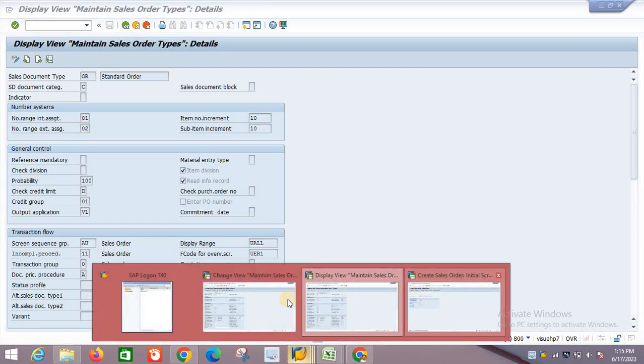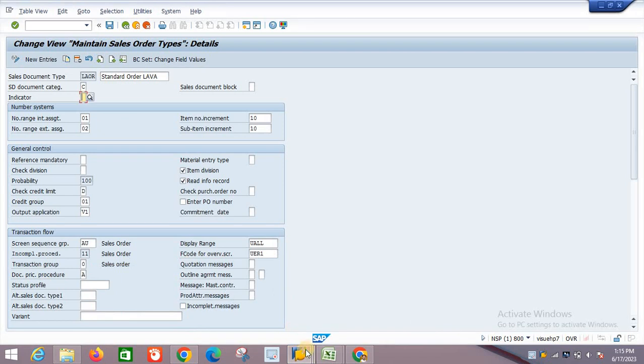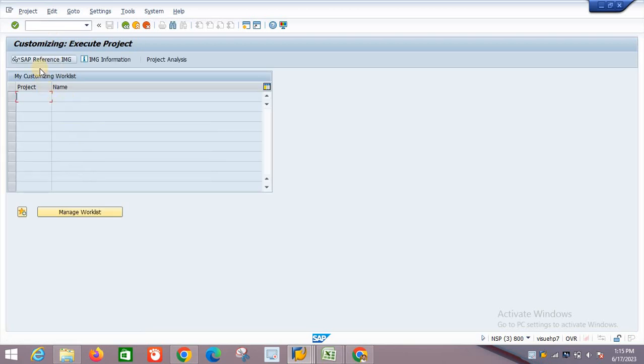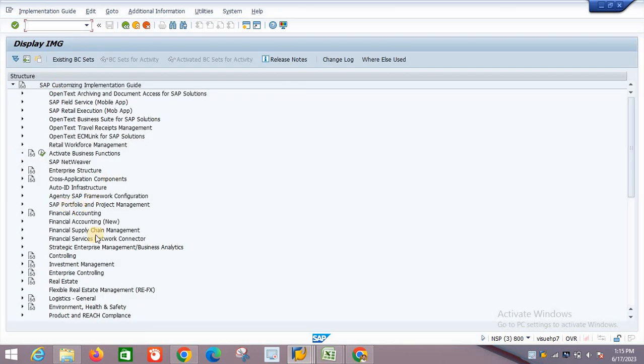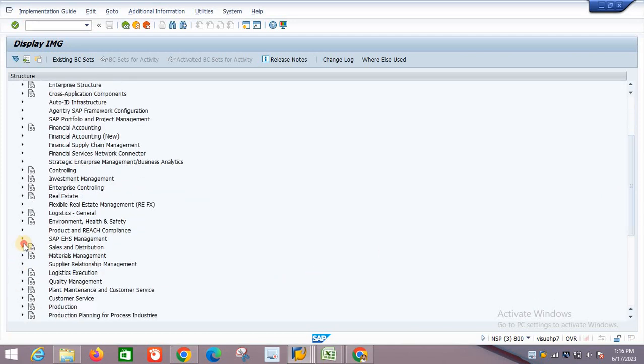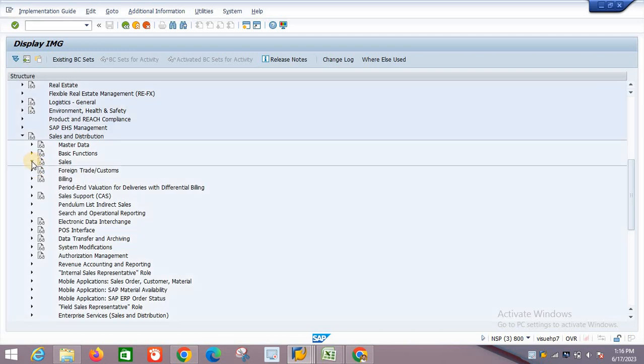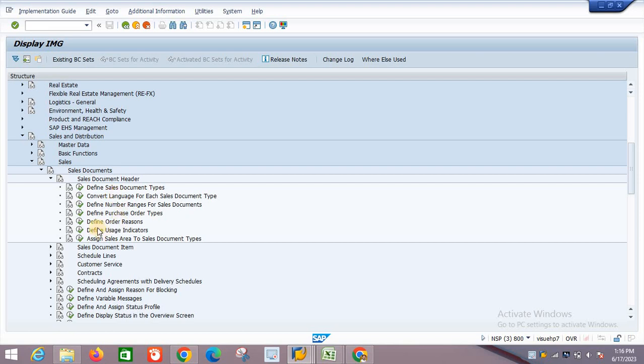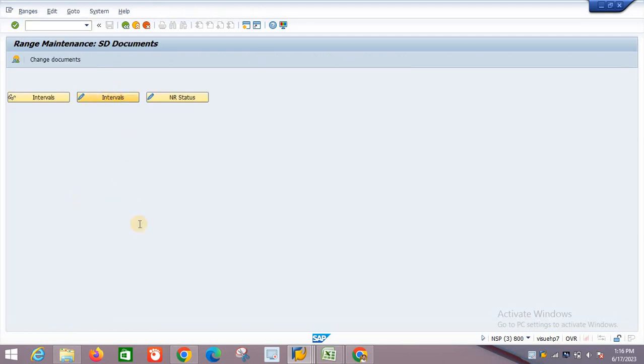Let me go to the SPRO path and show you how it works. /n SPRO, enter, SAP reference IMG, go to sales and distribution, then sales document, header, and here define number range, go to the interval.